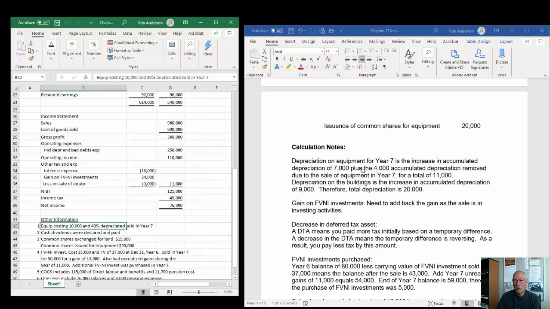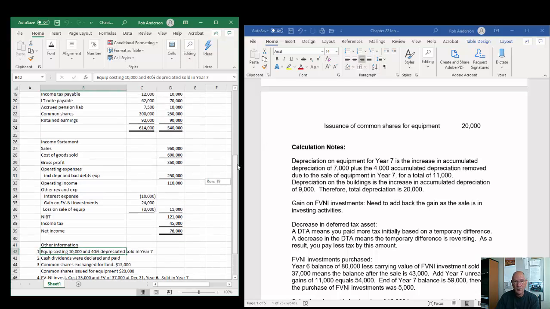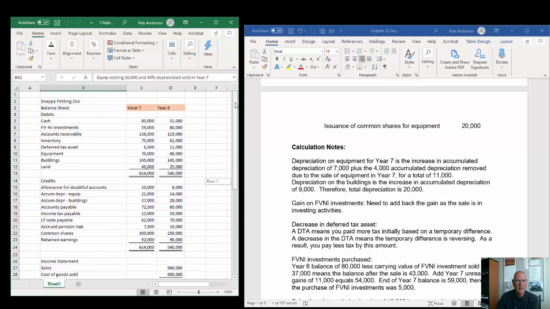So what we have in that $7,000 increase is up 7, even though we took $4,000 away. So that means we're really looking at an increase of 11 for the year. Now you can do this the other way around. I kind of don't like it the other way around, but we could say, I could start with